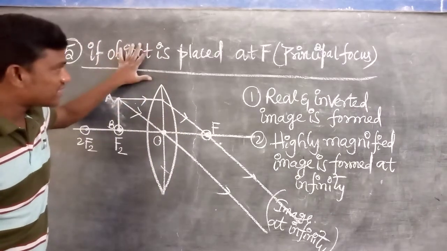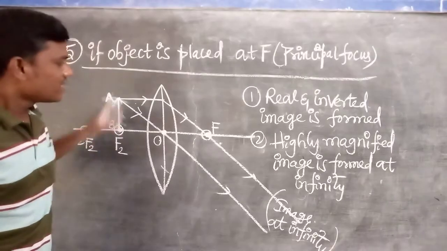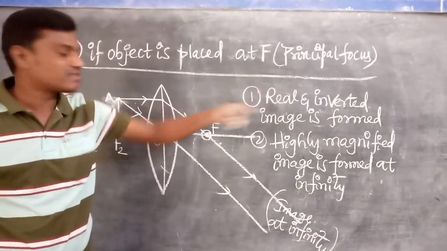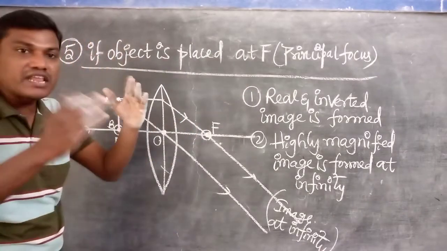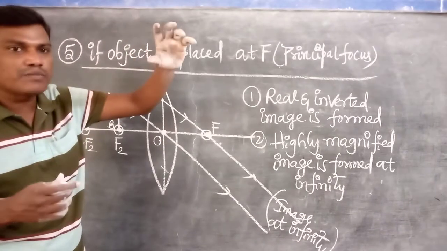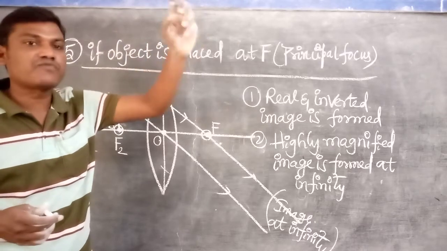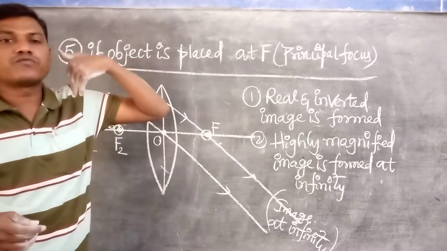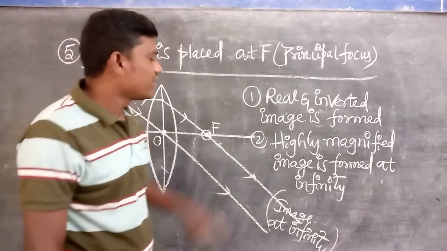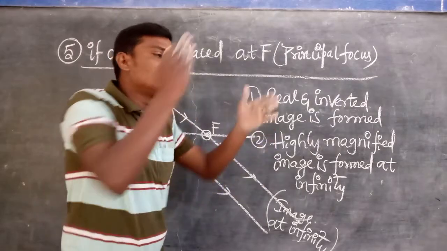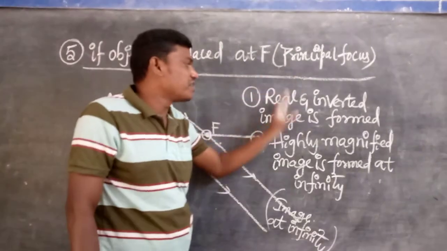So if the object is placed at the center of curvature or principal focus on the principal axis, the image will be formed at infinity, because after the refraction the rays meet at the infinity position. Infinity is nothing but the position of the image formed on the other side being 3 or 4 times more than the focal length of the given lens. Anyway, at infinity also the two rays really meet after the refraction. That's why a real and inverted image will be formed.